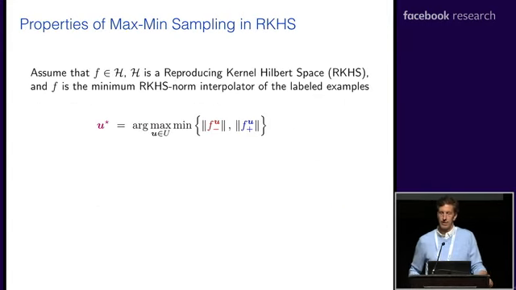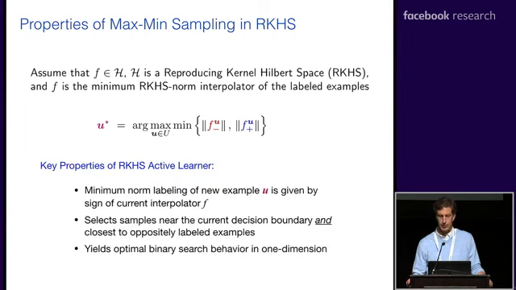So what are the properties of this? That's just a heuristic. It kind of seems reasonable. What does it do? Here is that criterion again, and it has some nice properties that you can actually verify analytically. First of all, the minimum norm labeling of a new example U is given by the